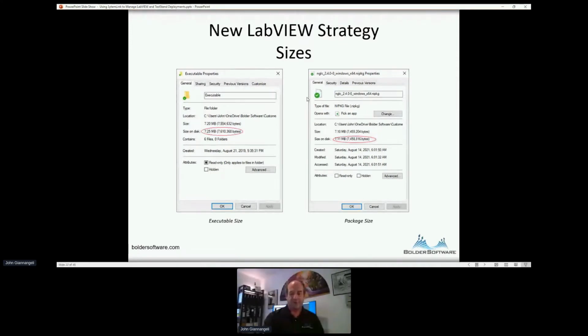So when we compare this to the traditional LabVIEW strategy, look at the difference. Now we have an executable. It's still about 7 meg, and that's great. But look at our package. Now our package is also about 7 meg. So instead of being about a 1.2 gigabyte file that we have to deliver to our customer, we have a small package. And even though we're publishing this to our SystemLink server so that it can be consumed with a SystemLink client,